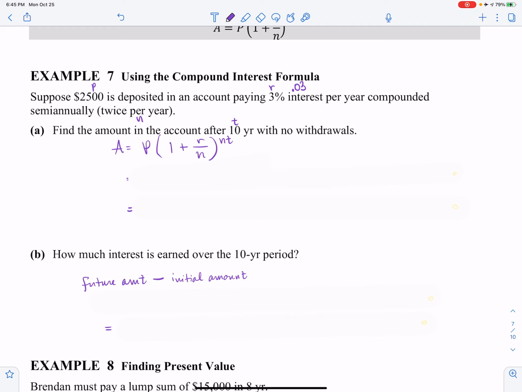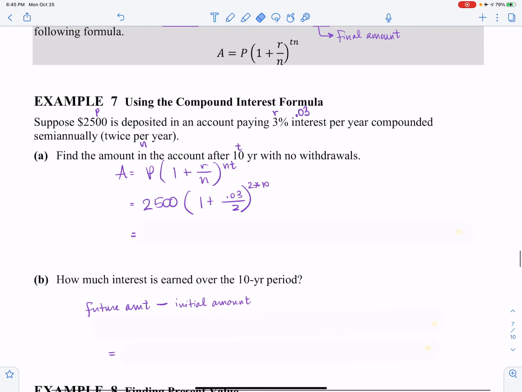Part A says, find the amount that's going to be in the account after 10 years without withdrawing anything. So let's go and plug everything in the way we want it. So we have 2,500 times the quantity, 1 plus 0.03 divided by 2, all raised to the 2 times 10 or the 10 times 2 power, depending on which formula you chose to use there. And this is something that you're just going to enter right into your calculator. So you enter this into the calculator, and you're going to end up with